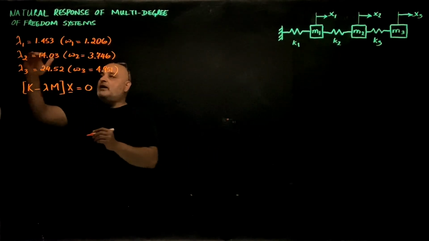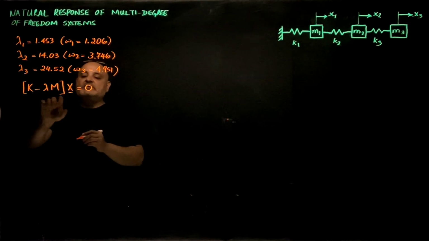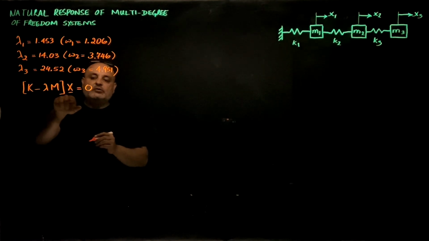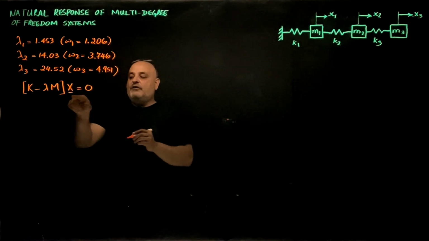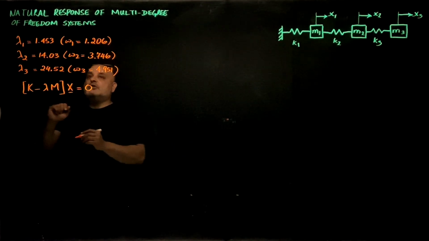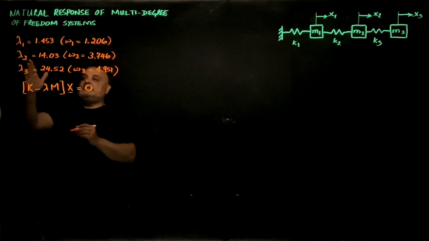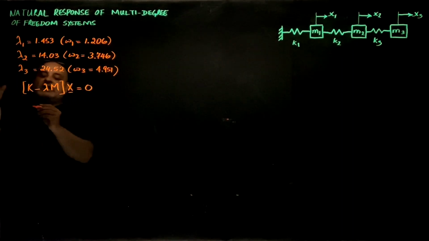Now, for each value of lambda, the determinant is 0, and I can find a solution for the vector x. So, for example, if I start with lambda 1